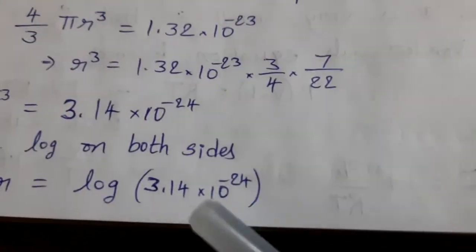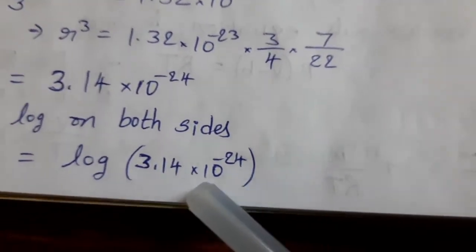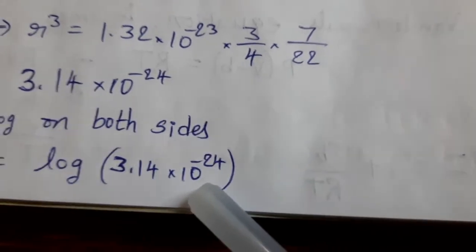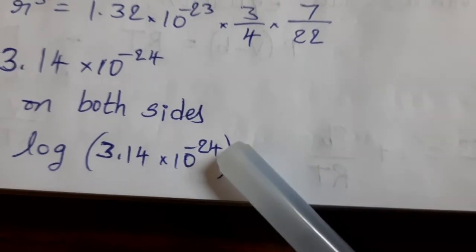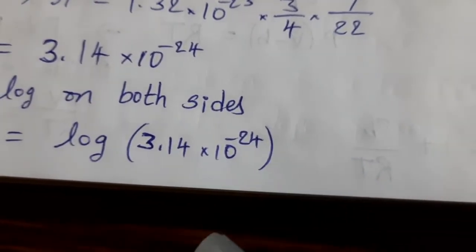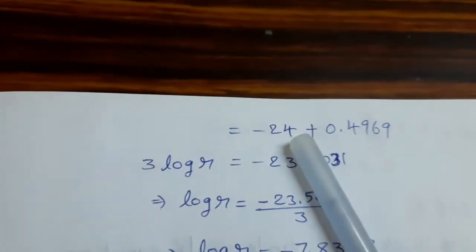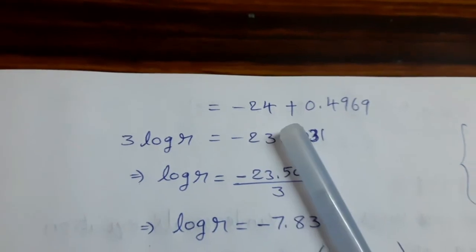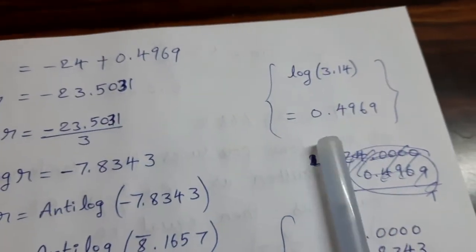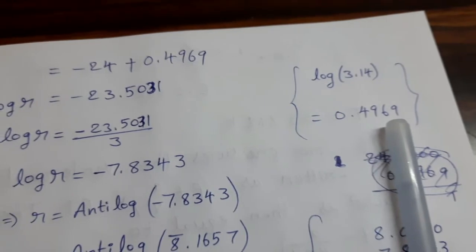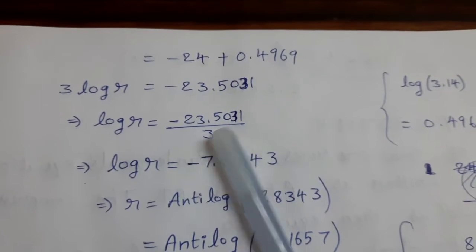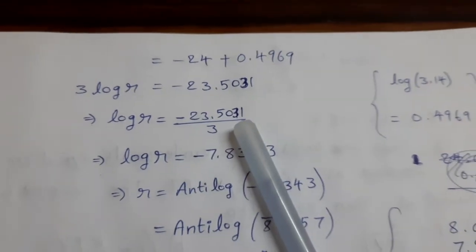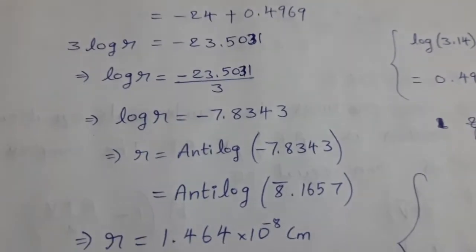See this? Here log AB is log A plus log B. Again log A power n is n into log A. n means here minus 24. Minus 24 into log 10 base 10 means 1. So we get minus 24 plus log 3.14, which is 0.4969. So from this, log r equal to minus 23.5031 divided by 3. So log r equal to minus